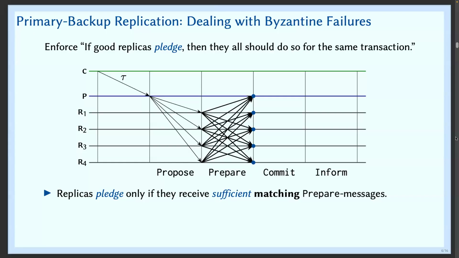So they don't get to the prepare stage. They would only get to this point once they receive enough messages. Otherwise, they stall, and we'll later talk about what happened in that case, but they won't get to this state. You would only get to the state if you receive enough messages.